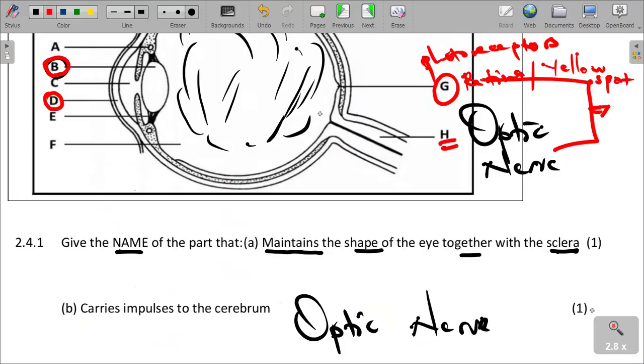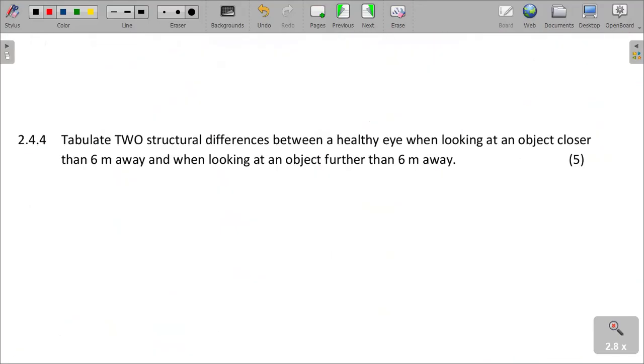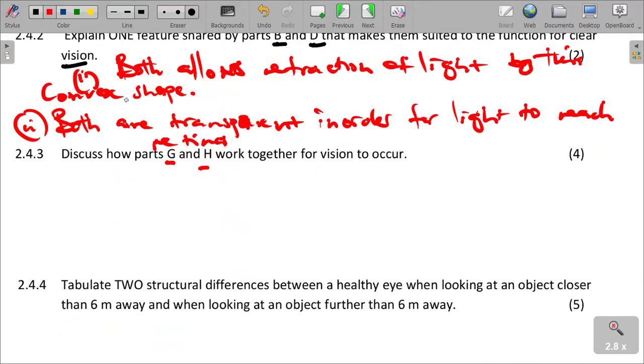So all that you need to take note of is part G, the retina, yellow spot,